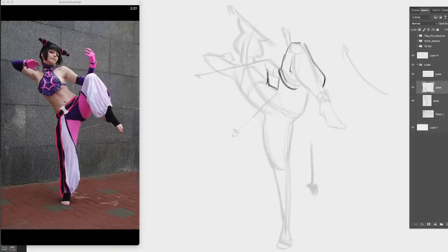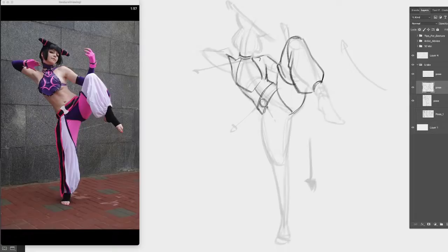More often than not we can start drawing the folds and start drawing things, but we don't know why and where it fits. So it's always good to create the body structure first, and then draw whatever drapery or costume this character is having. That way you know exactly where that costume is coming from, where the source is of why those folds in the clothes are being formed, right? Or where exactly all those things are formed, and it will give you a better sense of a better drawing for your